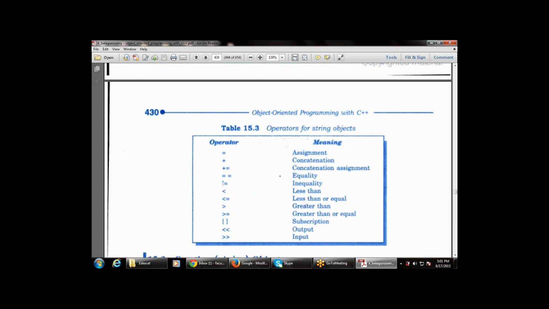So the first operator is equals to, that is the assignment operator. Then plus, that is a concatenation operator. Then plus equals to, that is a concatenation assignment, that is, it concatenates as well as assigns a string to another string. Then double equals to, simply used for checking the equality, that is, if string 1, that is str1,